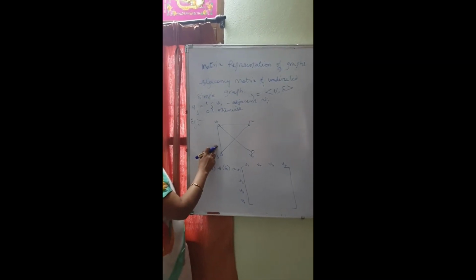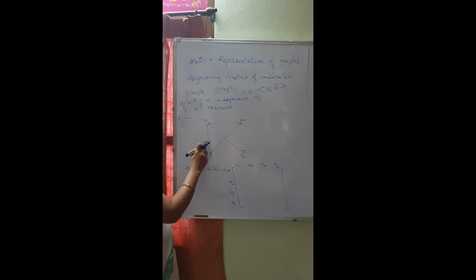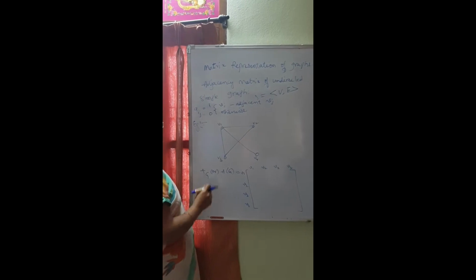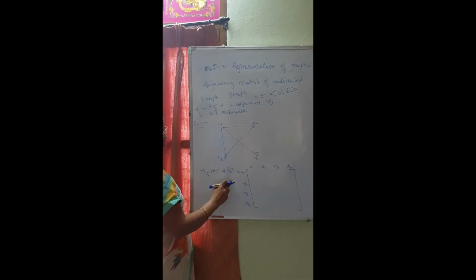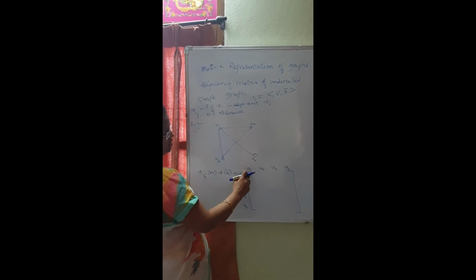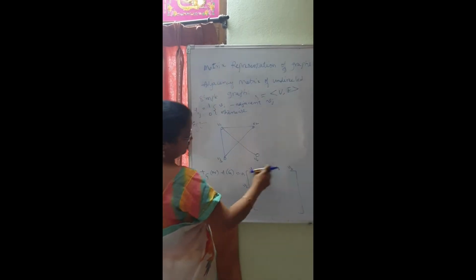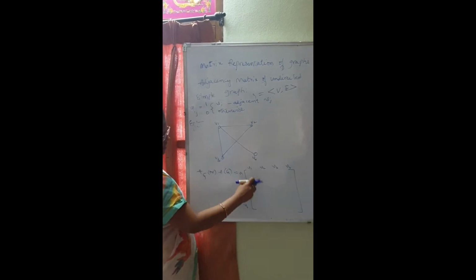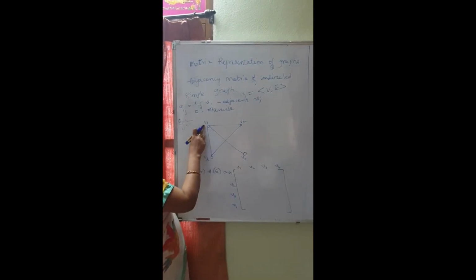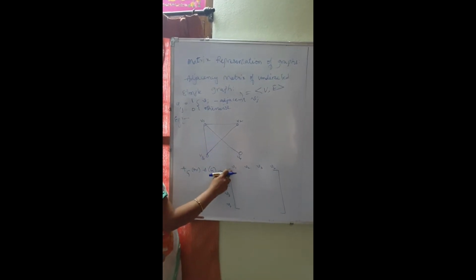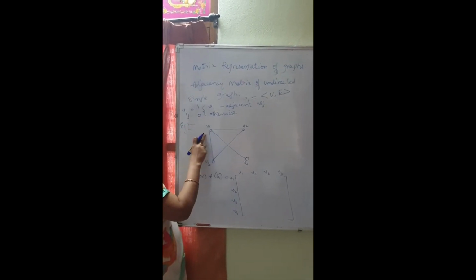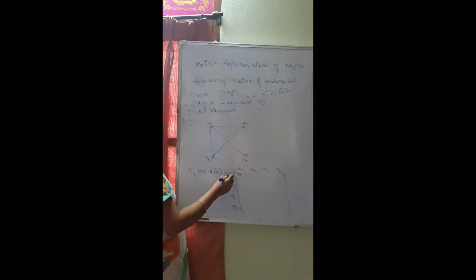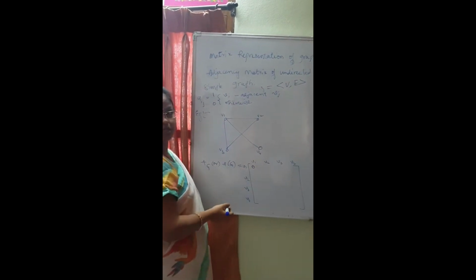Here I have considered one simple example. It is an undirected simple graph with 4 vertices V1, V2, V3 and V4. Now I am representing this graph in the form of a matrix by considering the columns V1, V2, V3, V4, and the rows V1, V2, V3, V4. If there is a loop on a vertex to itself, then we put 1 here. But we already said that it is a simple graph, so from V1 to V1 there is no edge, so I am giving the value 0.